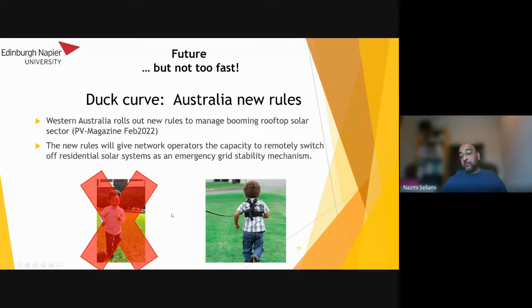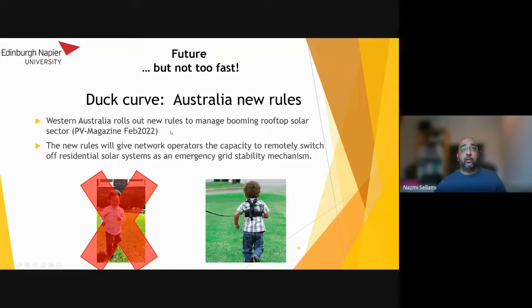Actually, solar can go in all directions and evolve quickly, but here we have to restrict them and tie them. I put this picture of a leash on a child to restrict his movement, and to show that this is starting to happen mainly in countries with high solar energy resources. I'm talking about Australia, and just very recently, half a year ago,